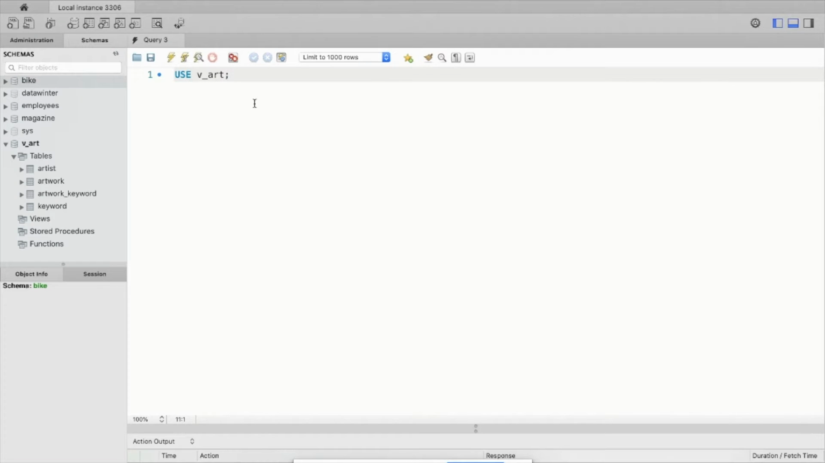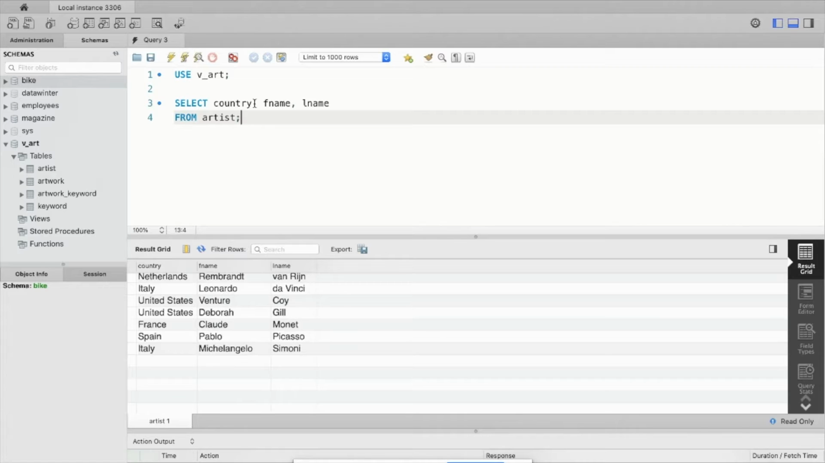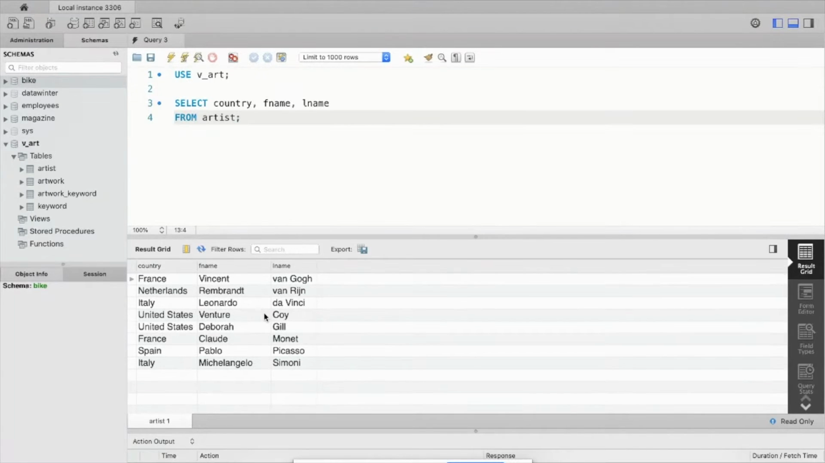And before we get into the summaries, let's just do a simple query where we want to get the country, the first and last name from the artist table. Here we get all the artists. We don't have any filters or where clauses, so everybody is showing up. Now, our database is very small, so there aren't many artists here, but it is everyone that we have in